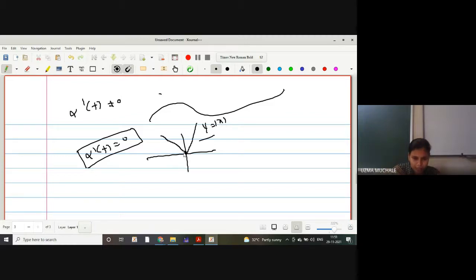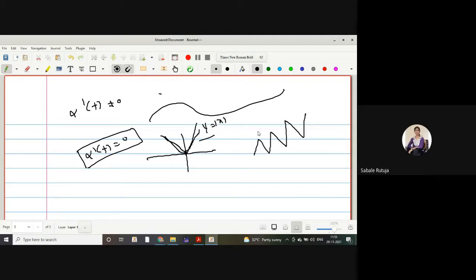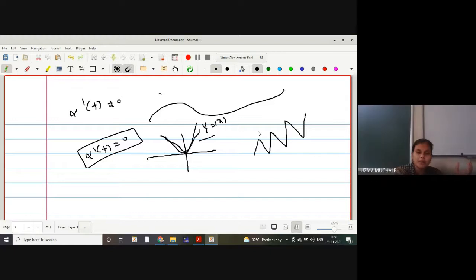At x equal to 0, you can see there is a peak. So we don't have any function like this where there should be a peak. It is a completely smooth curve, not going to stop anywhere, and it has no peak. Right? Does everyone understand the meaning of alpha dash of t not equal to 0? Yes, ma'am. Your curve or particle or person is not going to stop anywhere and has no peak, because you can consider what the derivative y dash would be.